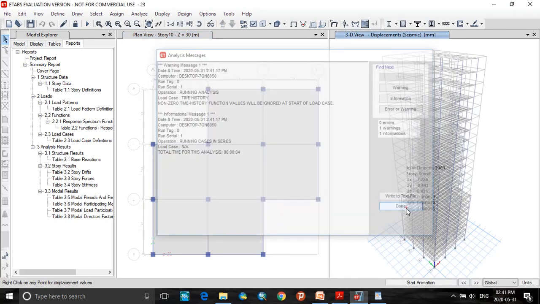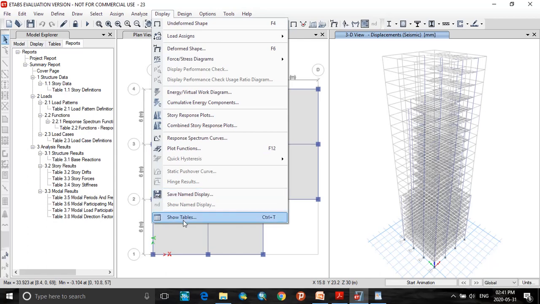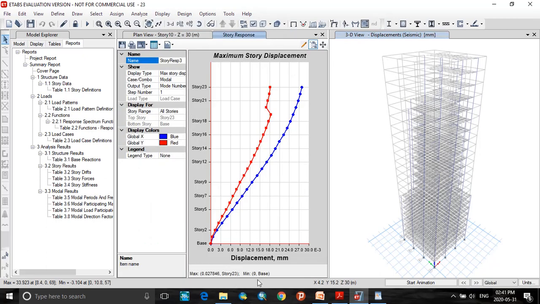Click on done. So now we have analyzed this model. So click on display to check the storey response plots. So here we have displacement value as 0.02.